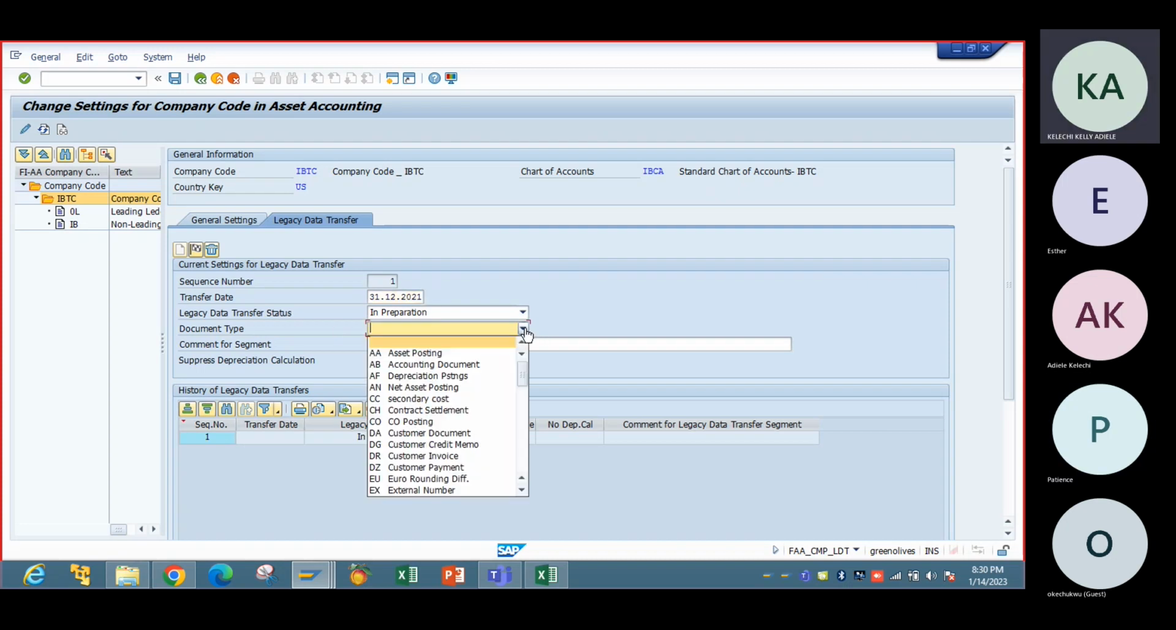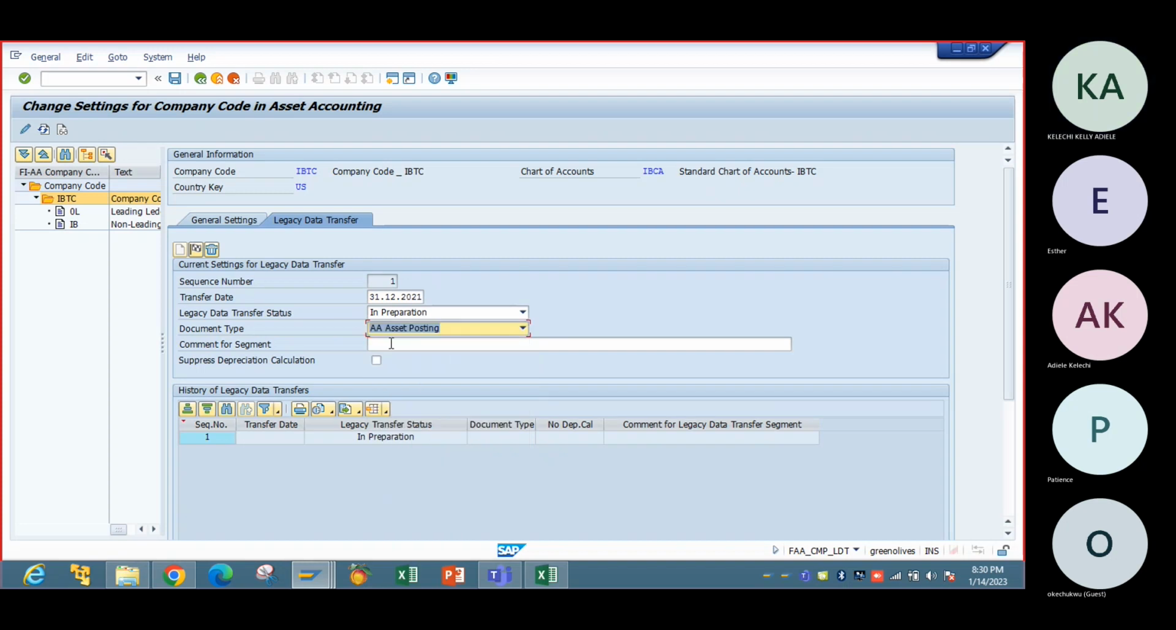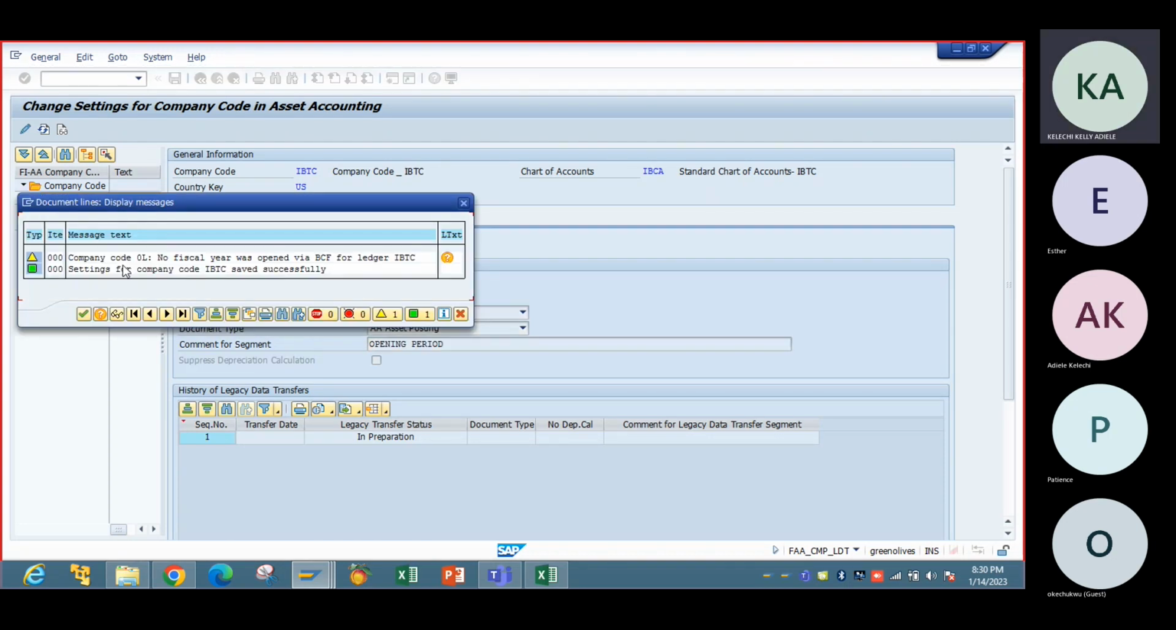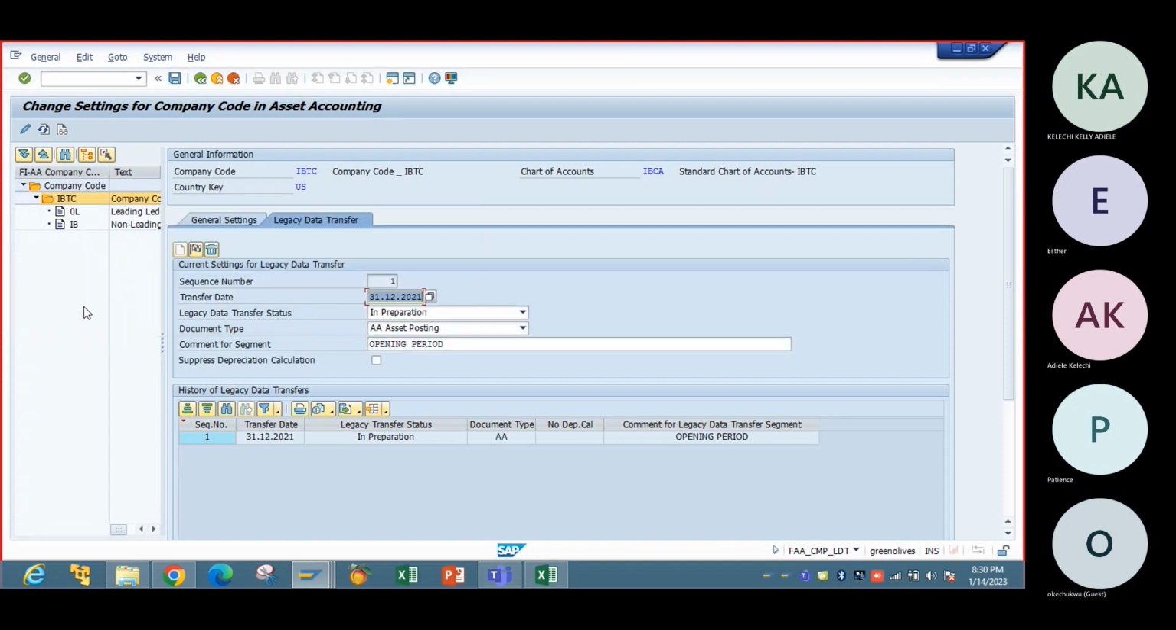Document type, asset accounting, comment. No, I'm not suppressing. So let's try this. So save. Company code, no fiscal year was open via BCF in. This is just a warning. Just a warning. Yeah. So of course we're not live, so it's fine. Let's see if we will do the same for